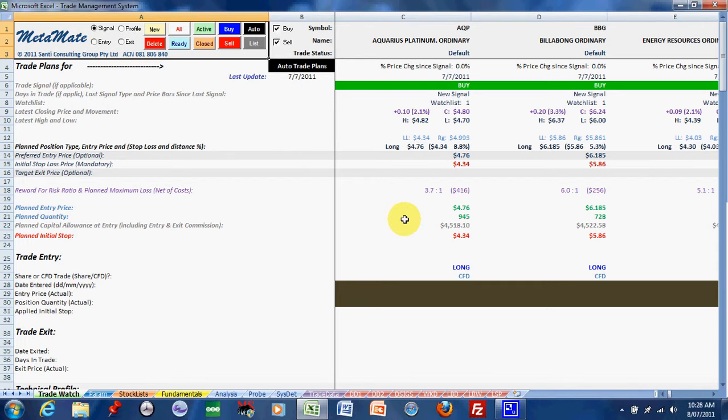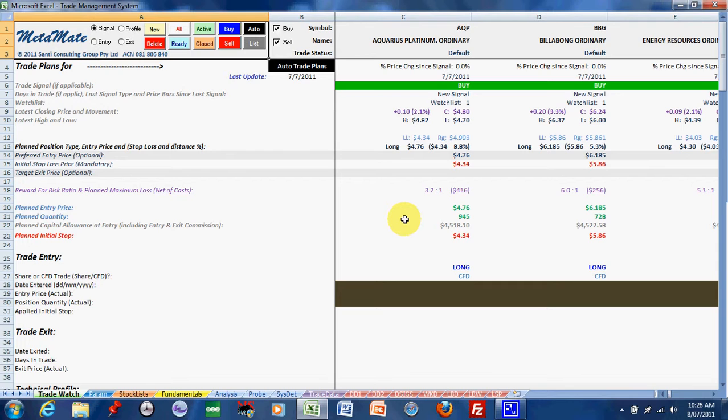Firstly, what is MetaMate? MetaMate's the tool that I've developed and I use it to manage all my trading. It is really what I come back to, to support me through all my trading activity. It creates all my trading plans for every signal that I get and helps me manage that trade through the life cycle of that trade, from inception against my various stop losses which are planned through to the trigger points